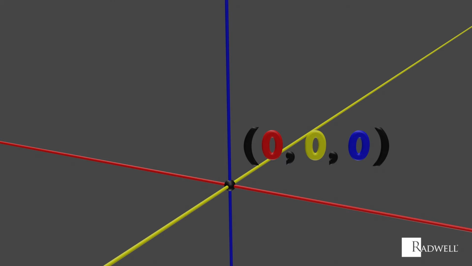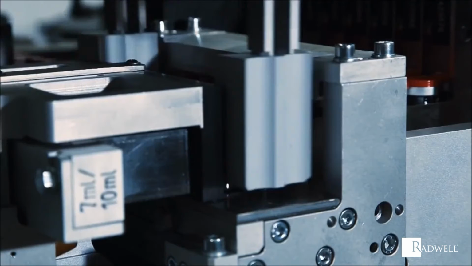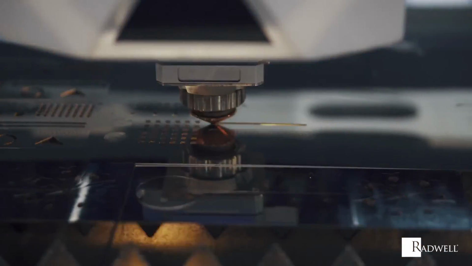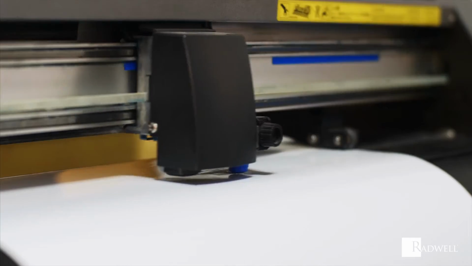The x-coordinate can also be referred to as the abscissa, the y-coordinate as the ordinate, and the z-coordinate as the applicate. The Cartesian coordinate system is used in a variety of applications, such as CNC machines, 3D printers, plotters, robots,